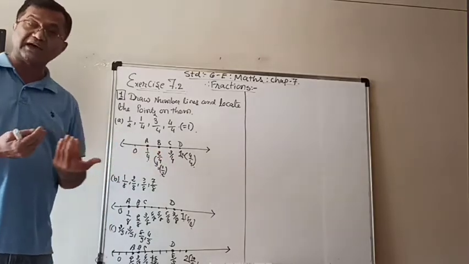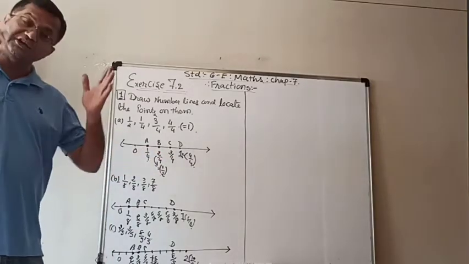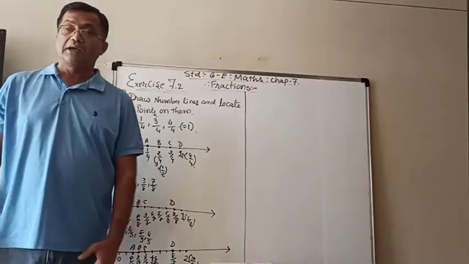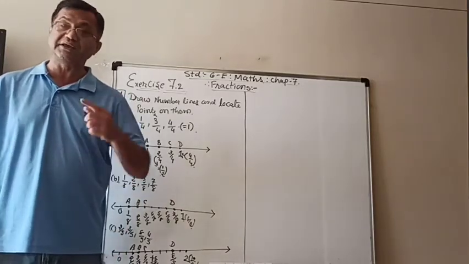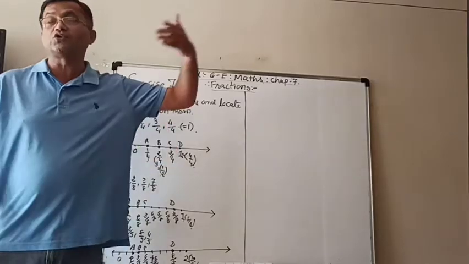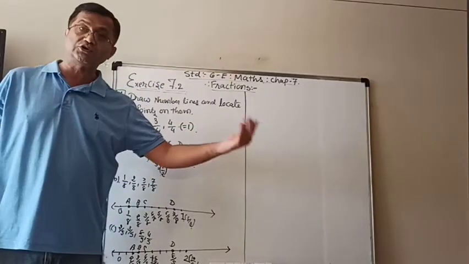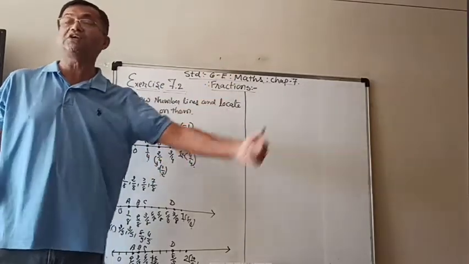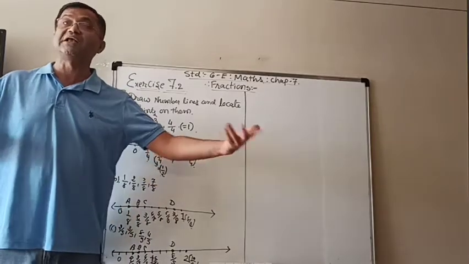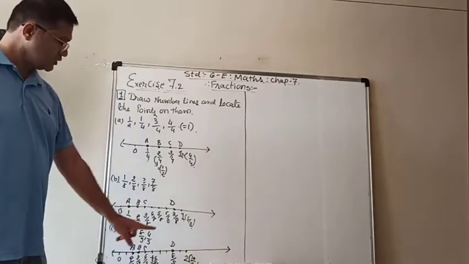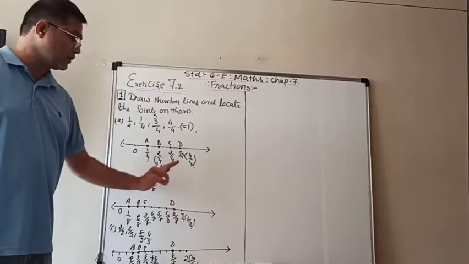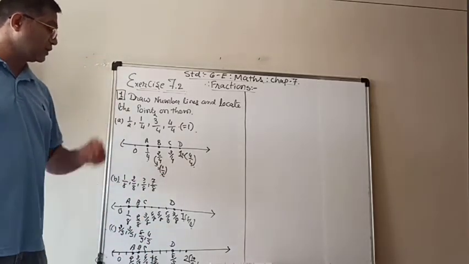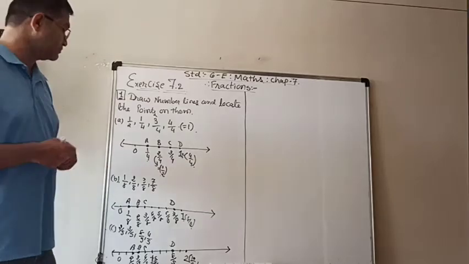If all the numbers are proper fractions, they will be between 0 and 1. But if any is not a proper fraction and it is an improper fraction, then you have to go beyond 1, between 1 to 2, or sometimes from 2 to 3 also, if it is a still bigger number. So that is the way the proper fraction and improper fraction also can be located on the number line.